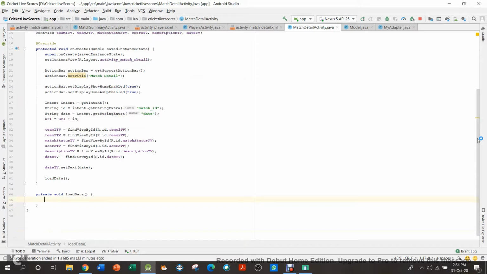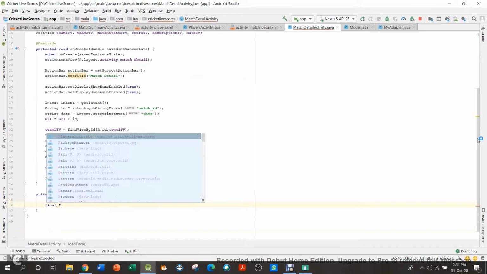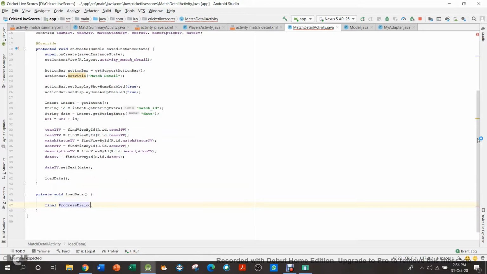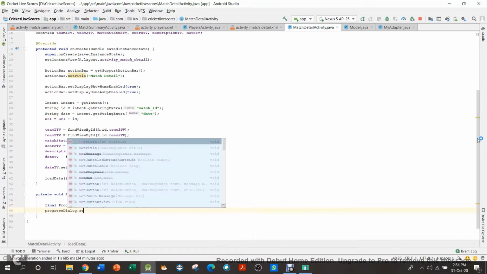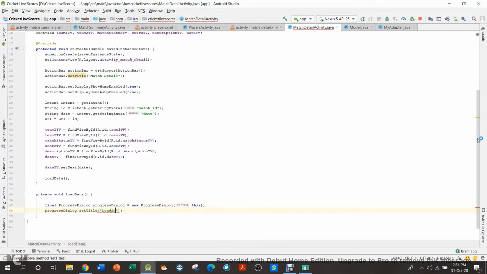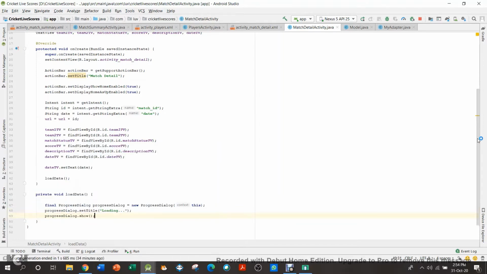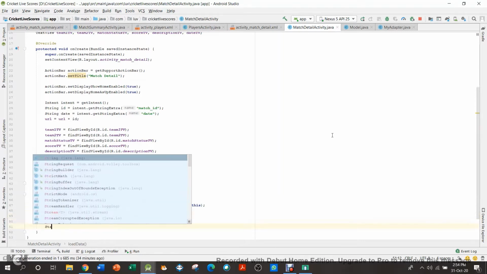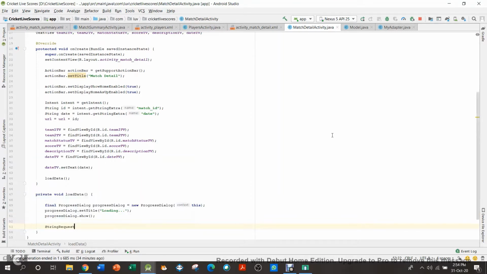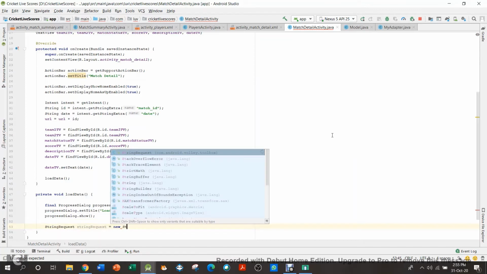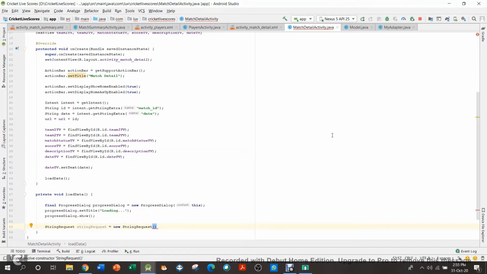So what we are going to do is final ProgressDialog progressDialog, again that loading screen, is equal to new ProgressDialog(this), then progressDialog.setTitle("Loading"), and then progressDialog.show(), and then again do the same thing. StringRequest request is equal to new StringRequest, and then here we are going to do